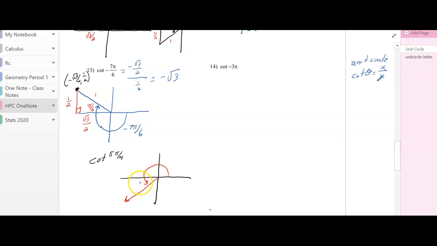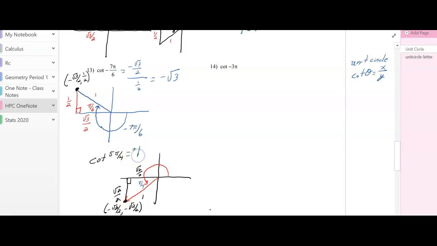The reference angle is pi over 4. Again, I like to drop the altitude. 1, root 2 over 2, root 2 over 2. The coordinate is negative root 2 over 2, negative root 2 over 2. So the cotangent is the x over the y, and hopefully you realize those values are the same, so this